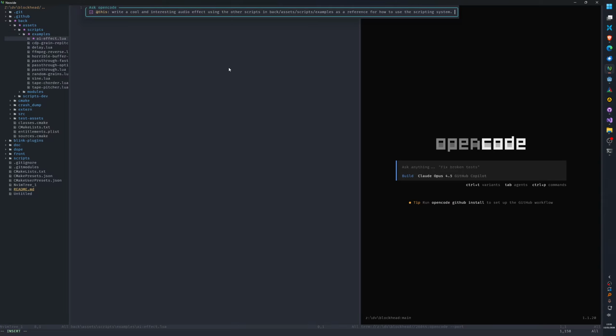Can you give it a web address and will it read it? I assume so. So for full documentation on the API, see the URL.